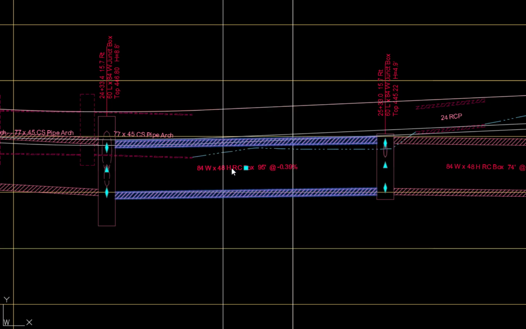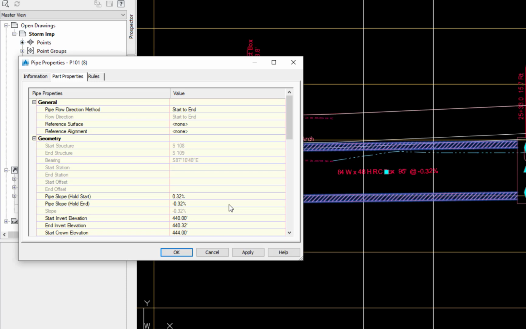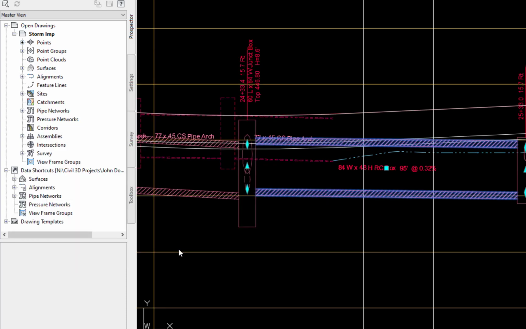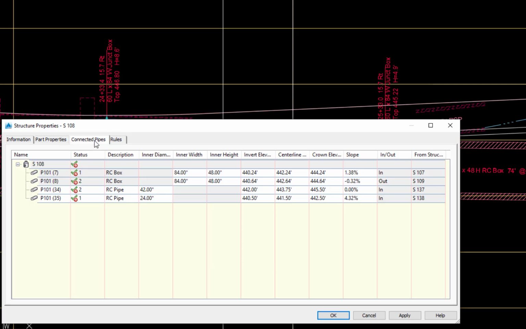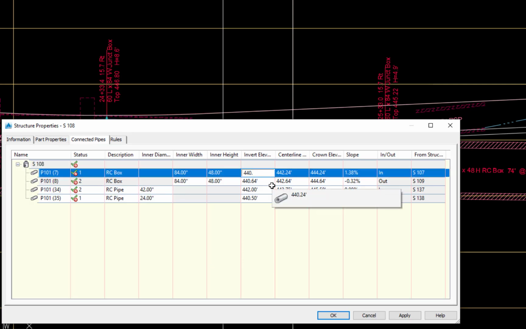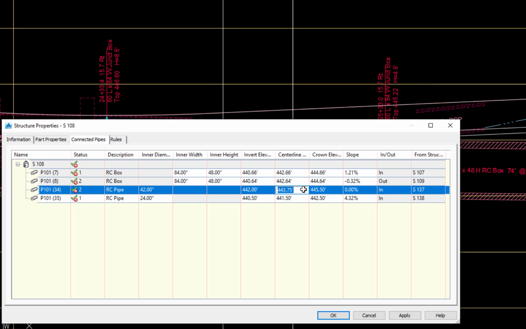Pipe Properties. Pipe Slope in, 0.32, enter, apply, OK. Escape, pick the structure. Structure Properties. Connected pipes. The outlet pipe. Inlet pipe, 440.66. This is a 42-inch inlet pipe. Set the center line of the pipe approximately equal to the center line of the outlet pipe,